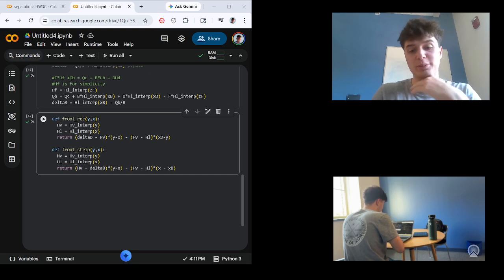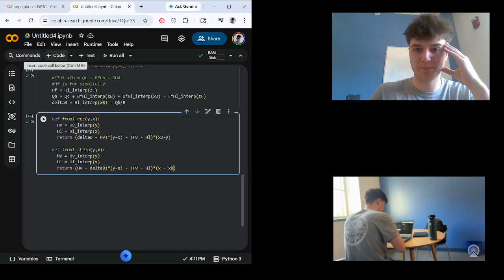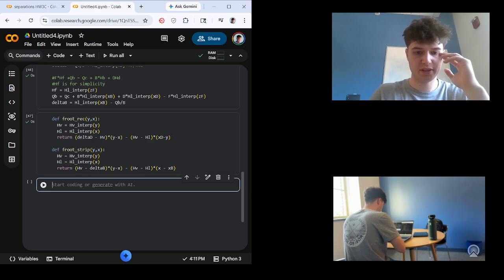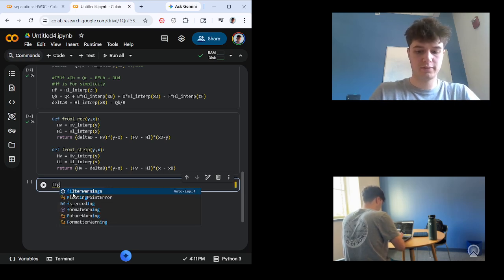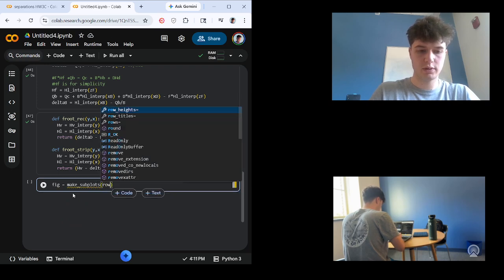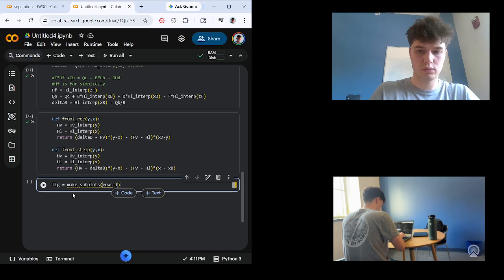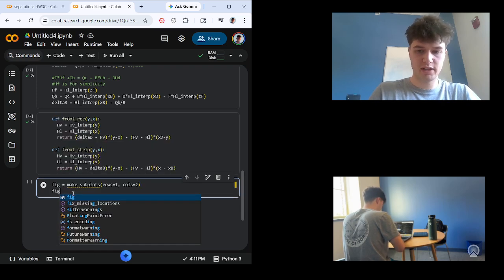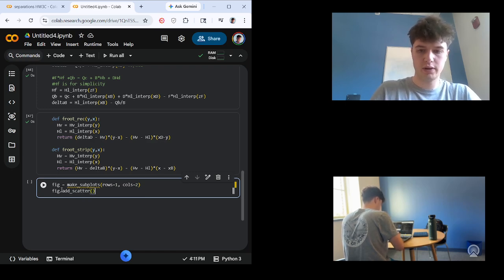And so now we've actually come to the point of plotting all this, but this is going to be a bit much. This is going to take a while, so just bear with me. So fig equals make_subplots. We want rows to equal 1, columns to equal 2. Fig, now we're going to add a lot of scatters here. It's actually going to be 3, so we're going to do fig.add_scatter, and we are going to copy this